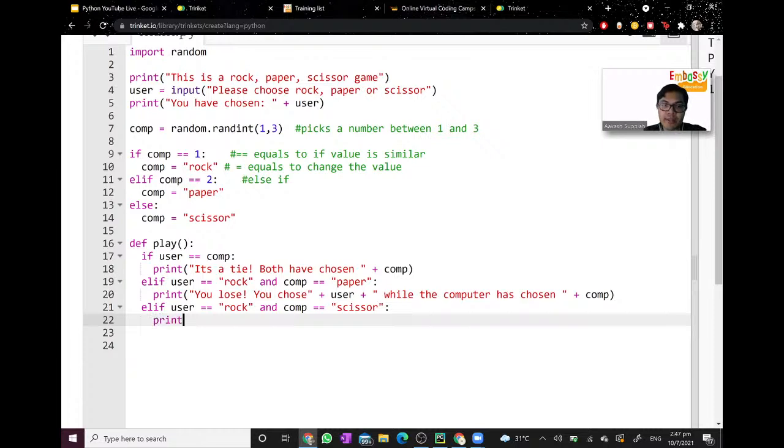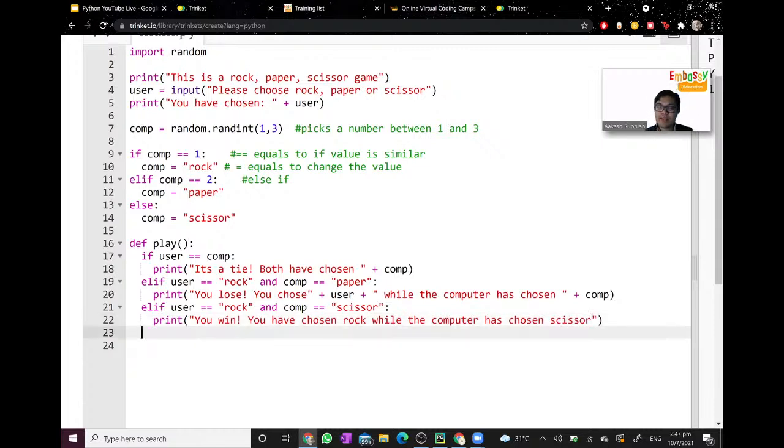So let's type in print. Let's say you win. This time I write it all down in one string print statement. So you win. You have chosen rock while the computer has chosen scissors. Make sense, guys?